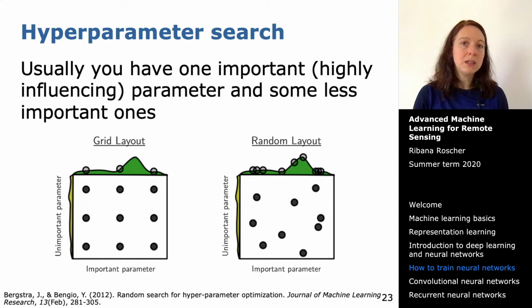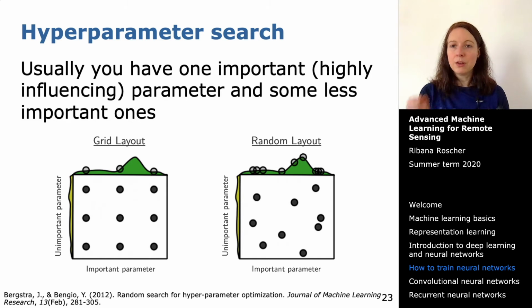For example, normally it's not a big difference if you have 15 layers or 16 layers. So what you can do if you want to get a better impression of what is a good hyperparameter setting is: you set the range, but then you sample randomly for the hyperparameter settings,